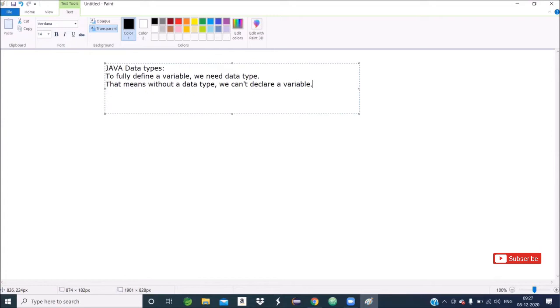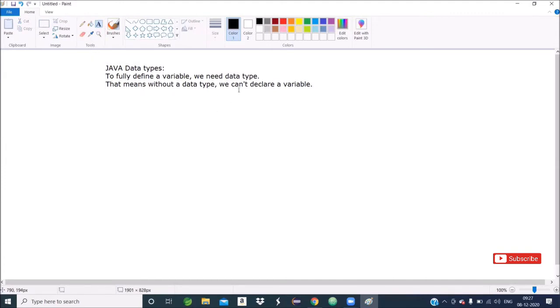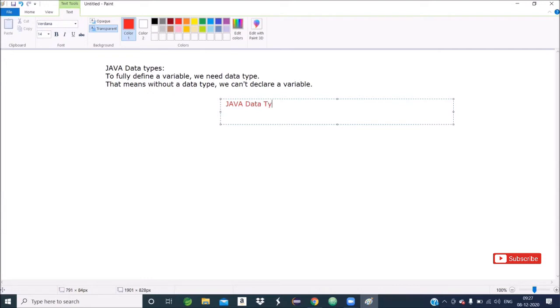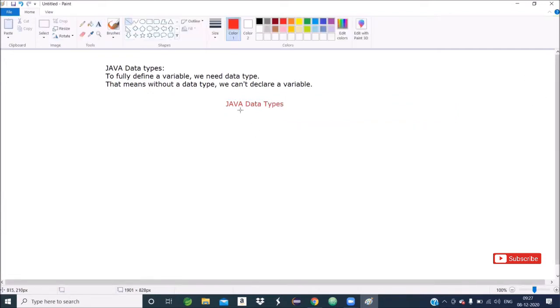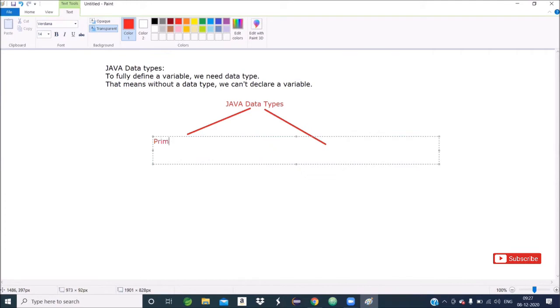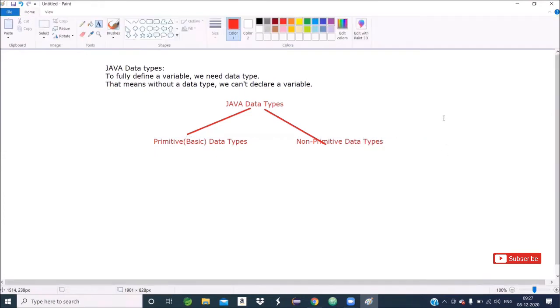Now we will see Java data types. Basically, they are categorized into two types.